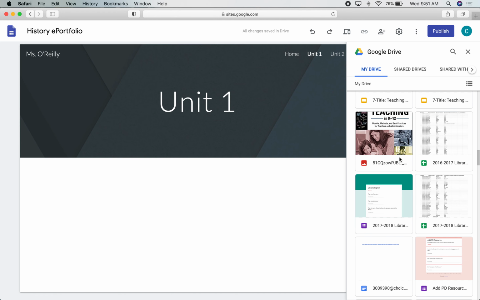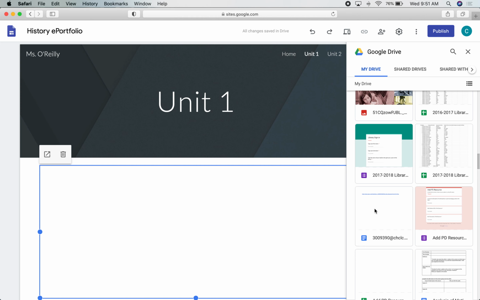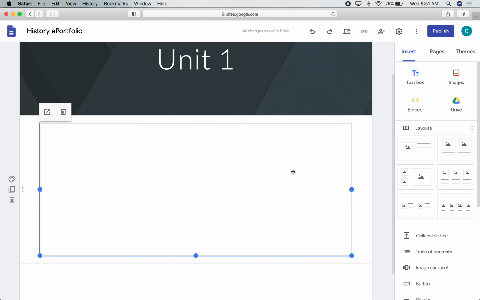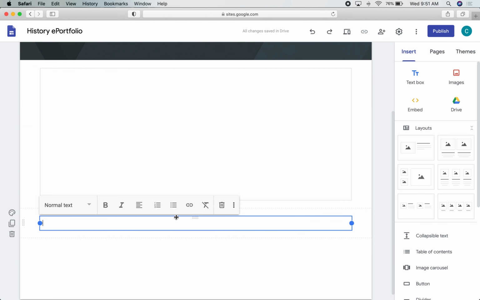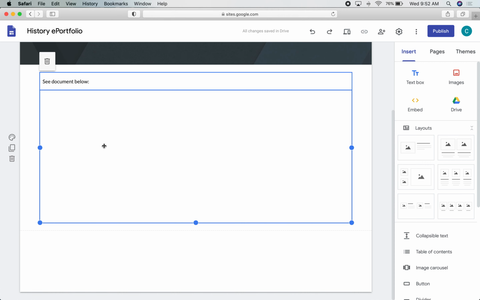Let me see if I have anything that's not all that exciting that I can plop in here. I'm going to pick this document. Just double clicking on it, you can click on it once and then come down here to insert, or you can double click on it and it will plop it in over here on your page. When you have multiple things on here, like if I wanted to add a text, see document below, and then I can drag this text box so that it comes on top of the document